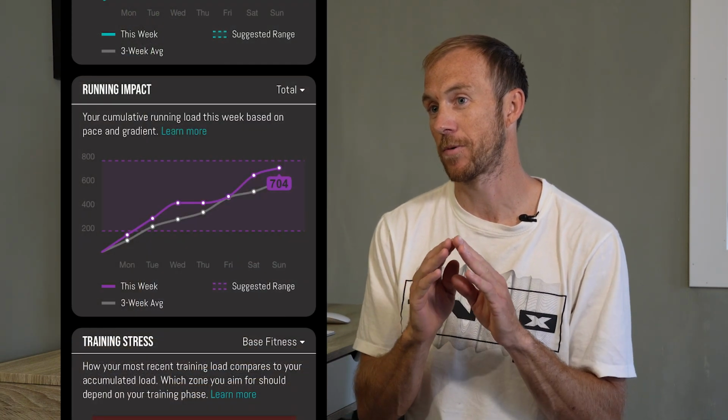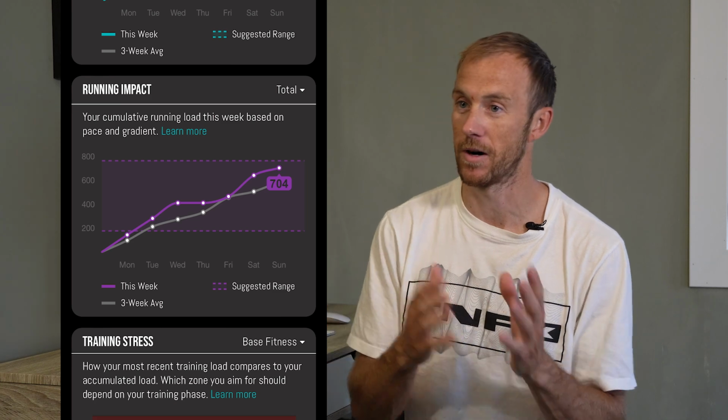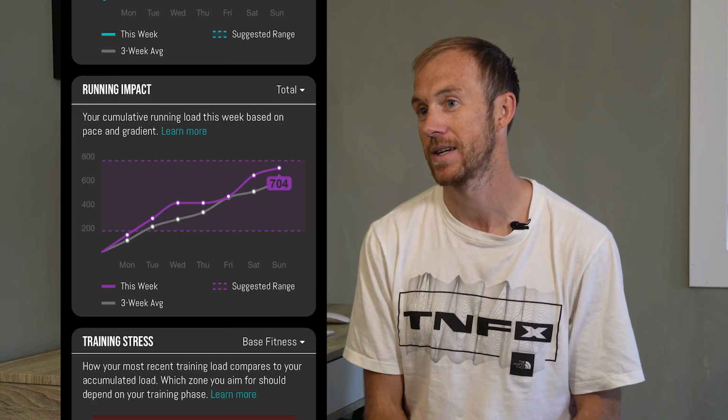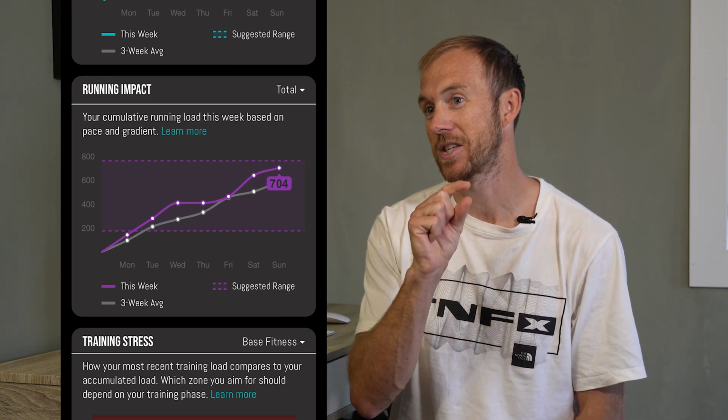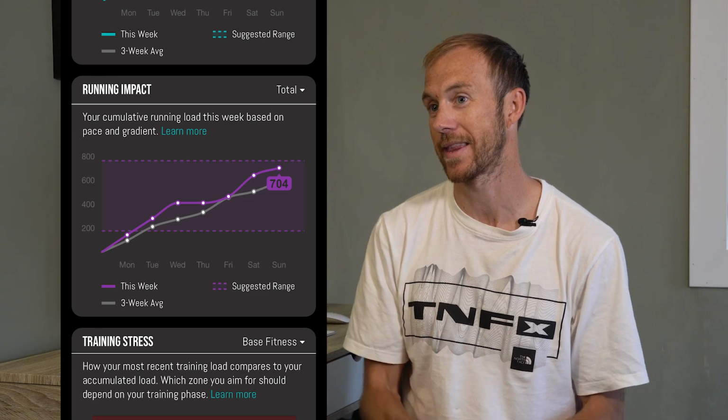So the idea with training, it's always good to aim for very gradual progressions. So within the app we have a graph which plots your 3-week average for the past 3 weeks for both running impact and base fitness. Then we have a suggested zone for where you want to get that week. This suggested zone allows you to do a bit more than you have done for the past 3 weeks and a little bit less, so it really keeps you trying to hit a similar amount,